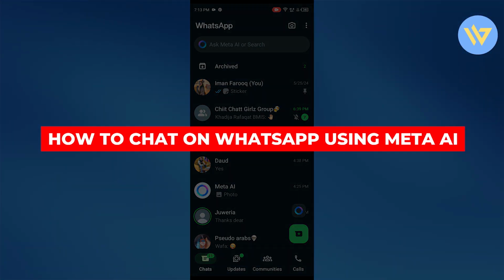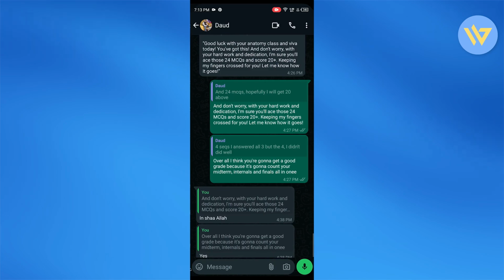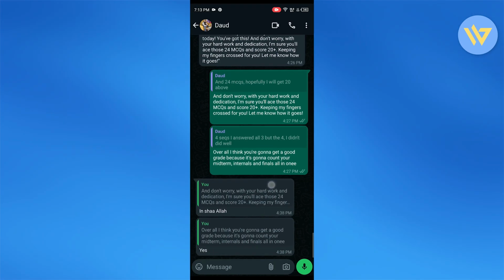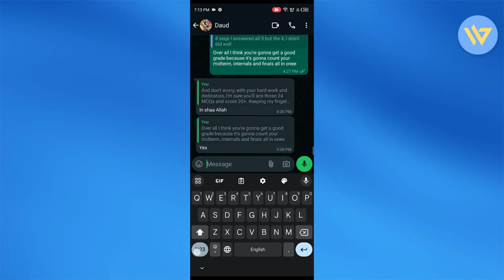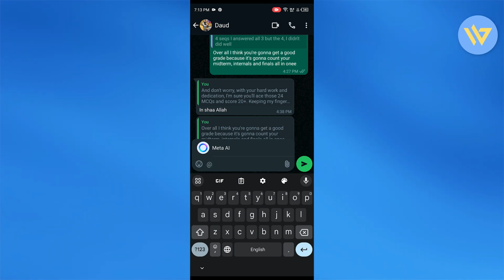So first things first, head over to your WhatsApp application. And from here, you're going to select the chat that you want to be responding back to using Meta AI. Now, to activate Meta AI into this chat, what you're going to do is click on